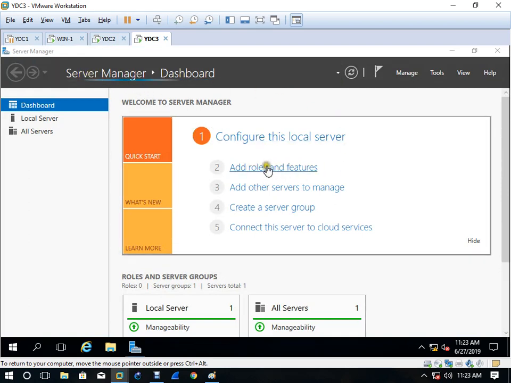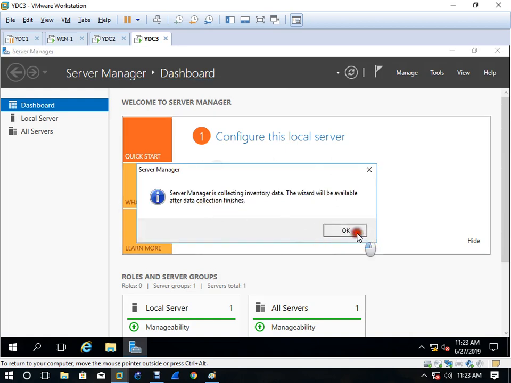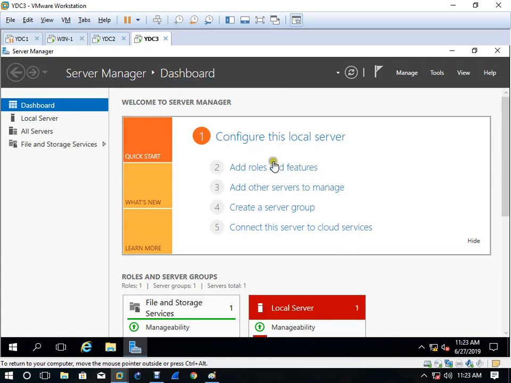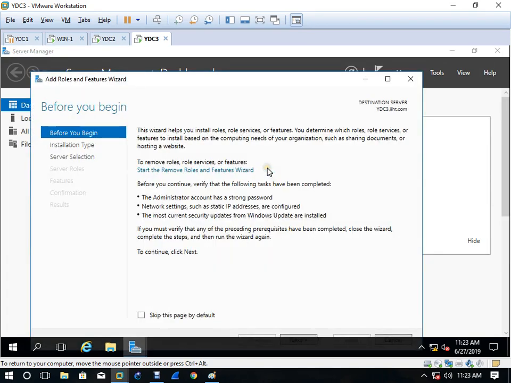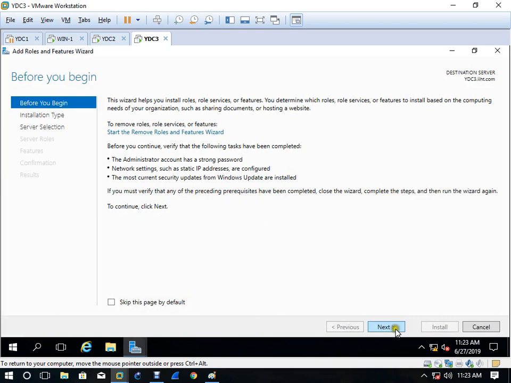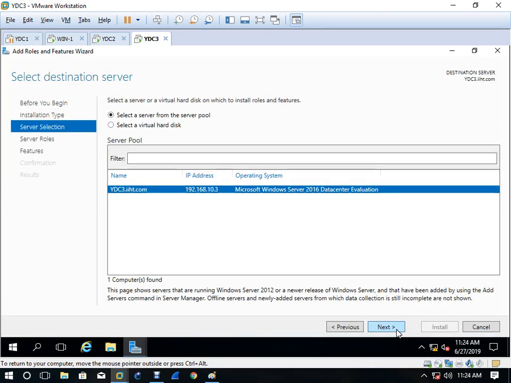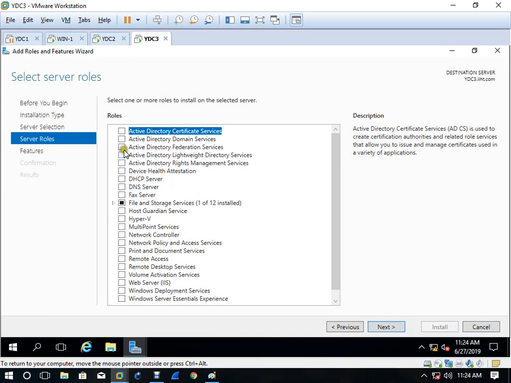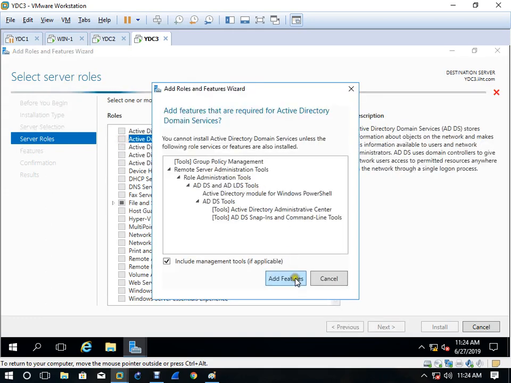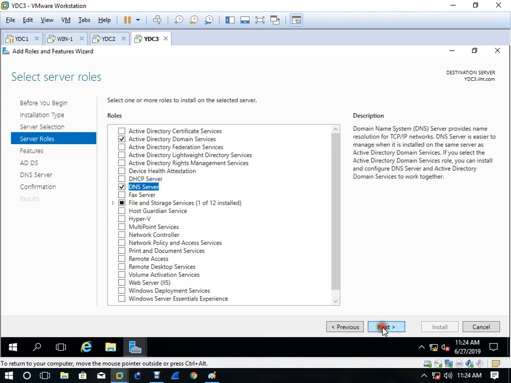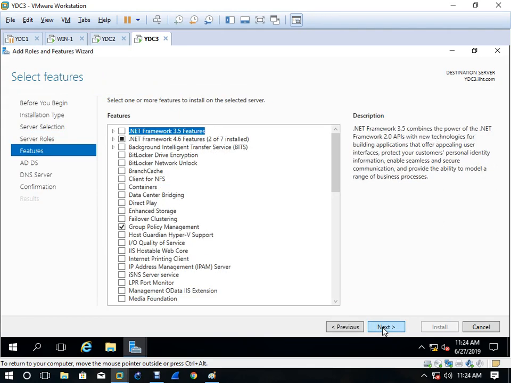Okay, let's click here, add roles and features. Next. Same thing, Active Directory Domain Services and DNS. Next, next.